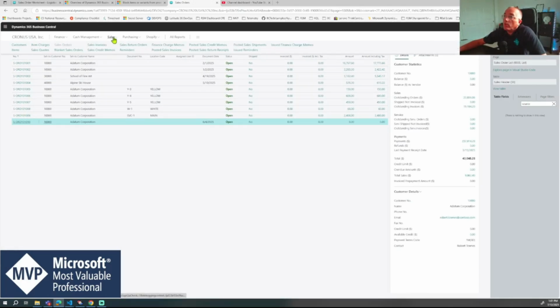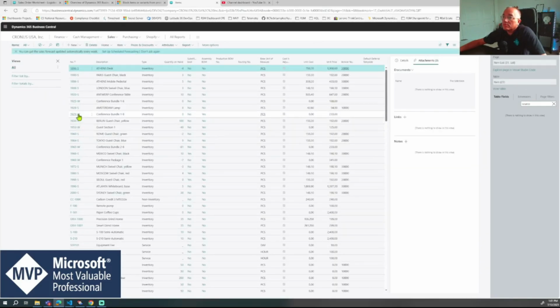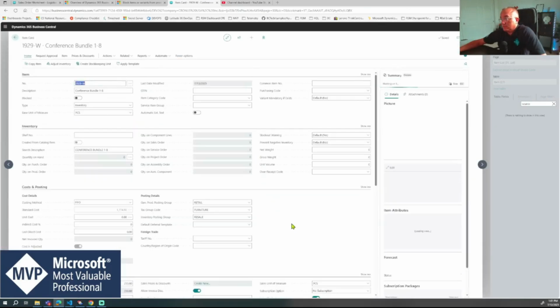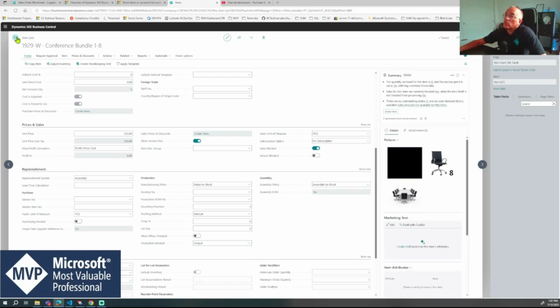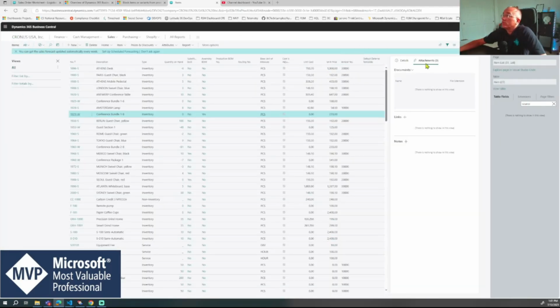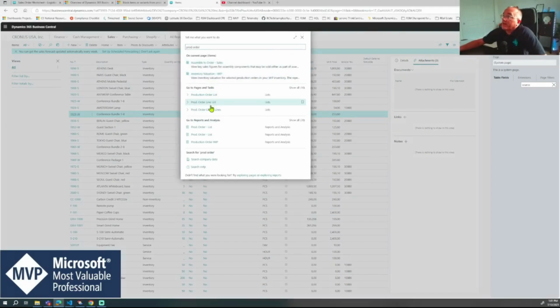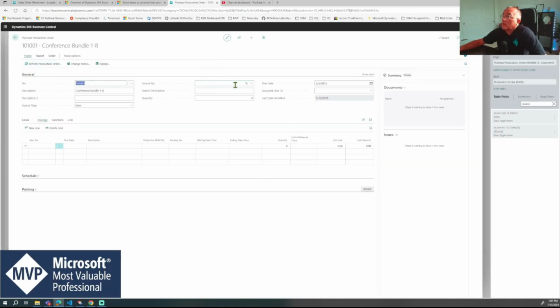And as you remember, we had the item 1929W under replenishment. The production is blocked to output. Okay, so let's go and attempt to output this item from a production order. If we choose here 1929,